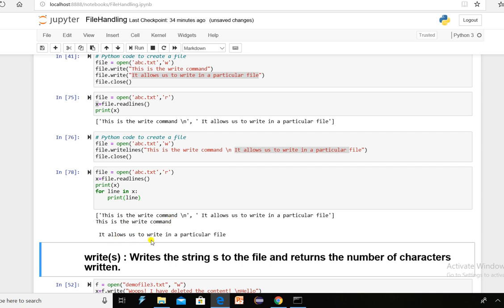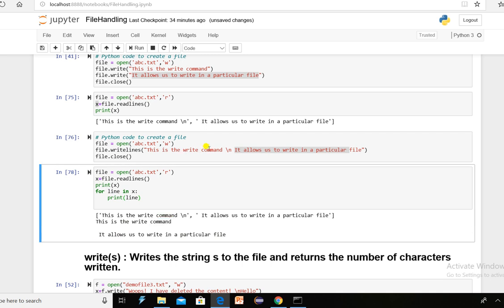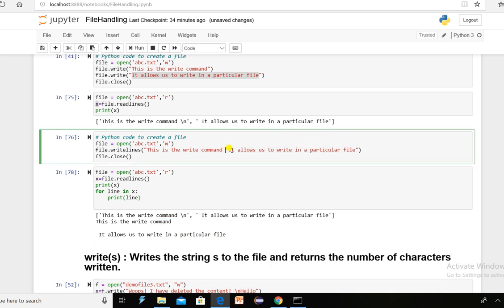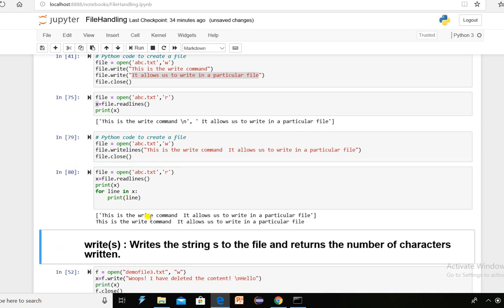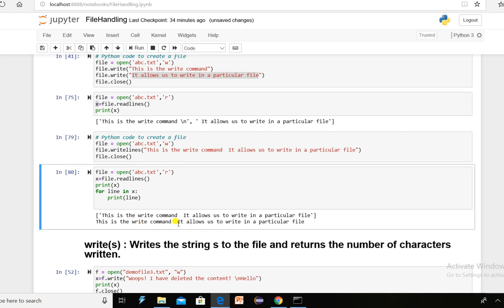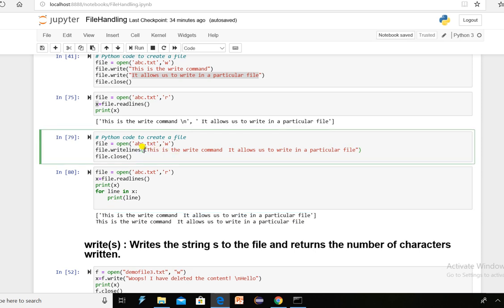It allows you to write to a particular file, and slash n. So if I remove slash n, what happens? If I run this, it will be on a single line. It will be treated as only a single string.